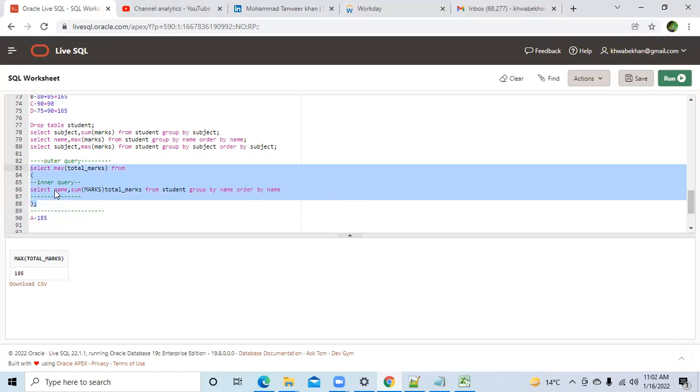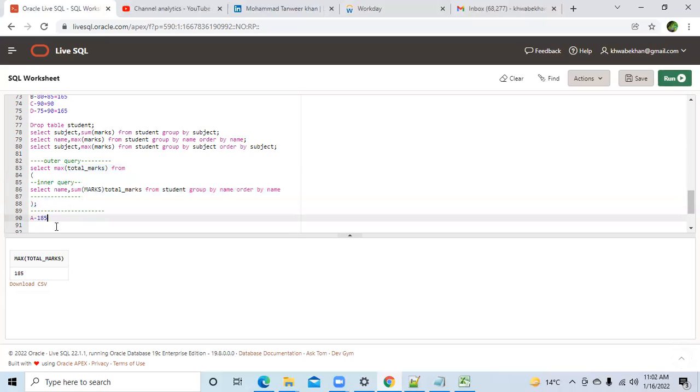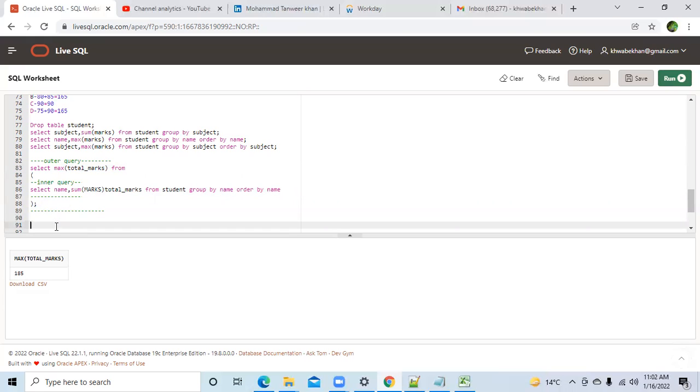This is also correct. But here, it is not clear who has scored 185. This was the problem we were facing till now. To solve this, we have one more way, one more method. Now try to understand this, because I'm on my own risk. I'm trying to teach you this concept, but I had thought that I would teach you next week. But you guys are showing interest, so I thought I would cover this now.